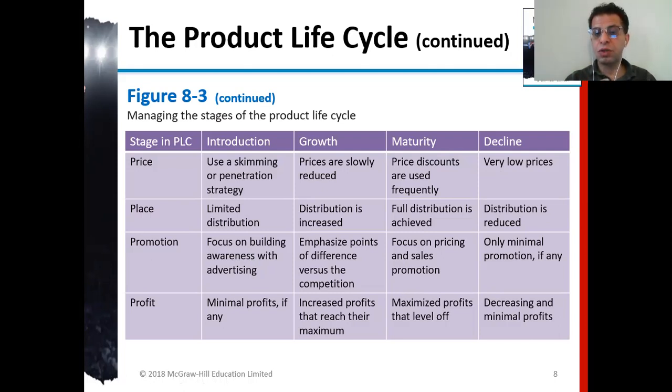And then in maturity, we were focusing on pricing and sales promotions. We wanted to make sure that price-wise, it cost them less to utilize our solution and our consultancy than PeopleSoft. And when it was declining, only minimum promotion, if any. Let me give you an example. We managed to implement over 20 applications for 20 universities and colleges. And that generated around $450 million.